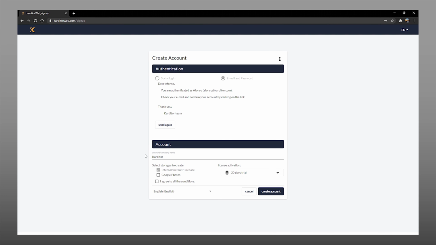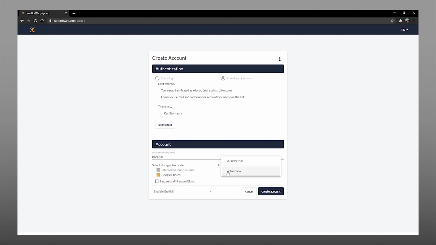In CardEditor you can have direct access to your Google Photos. I recommend it because you can share your photos with different apps on different devices. For example, you can use your mobile phone to take a picture and automatically use that picture in a template to print a card. Because I store my phone pictures in Google Photos, I'm going to choose Google Photos.